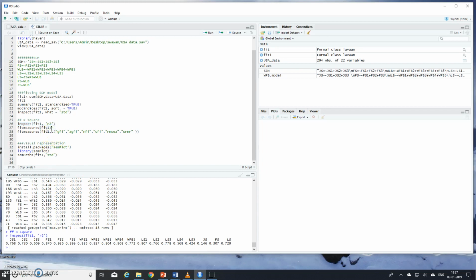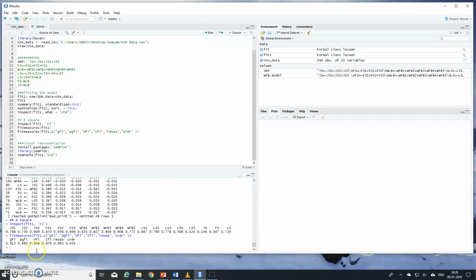And then to check the fit of the model, you can run fit measures, and specifically you can keep some of the fit indices here. And yeah, my fit values are pretty good except AGFI, the adjusted goodness of fit index. Everything is coming within the acceptable limit. Especially RMSEA is less than 0.08 according to Hair et al.'s book. So this is really good. And the GFI, NFI, CFI, all those values are within the acceptable limit.